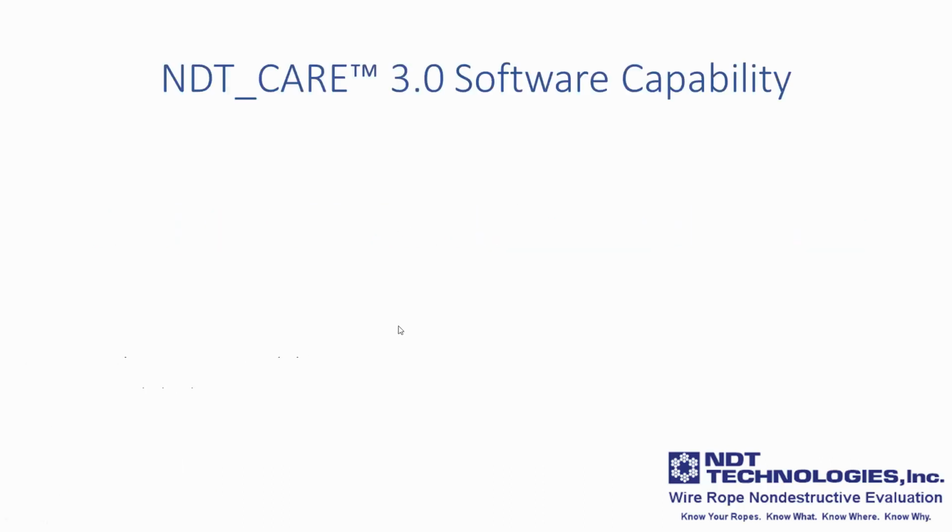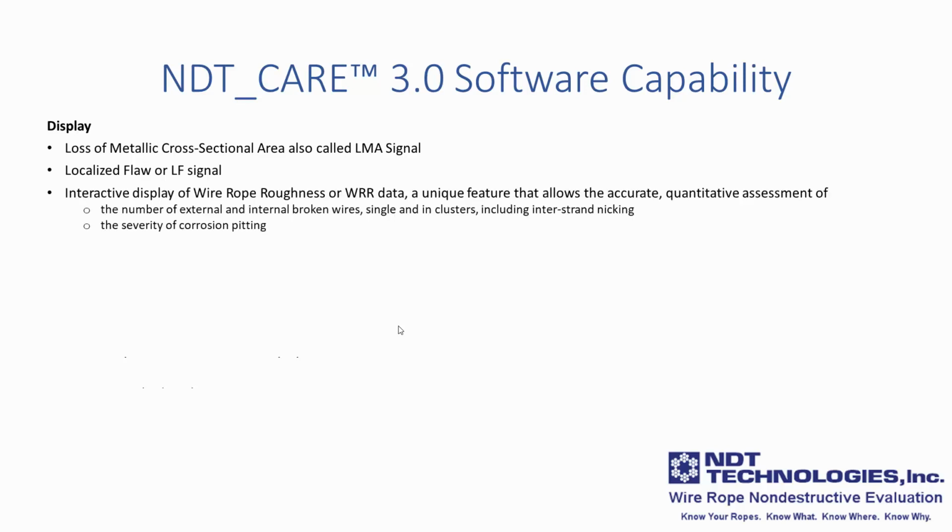The capability of NDT Care version 3.0 software will be discussed here. First, in terms of display, we will show loss of metallic cross-sectional area, also called the LMA signal. We'll also show the localized flaw or LF signal, an interactive display of wire rope roughness or WRR data, which